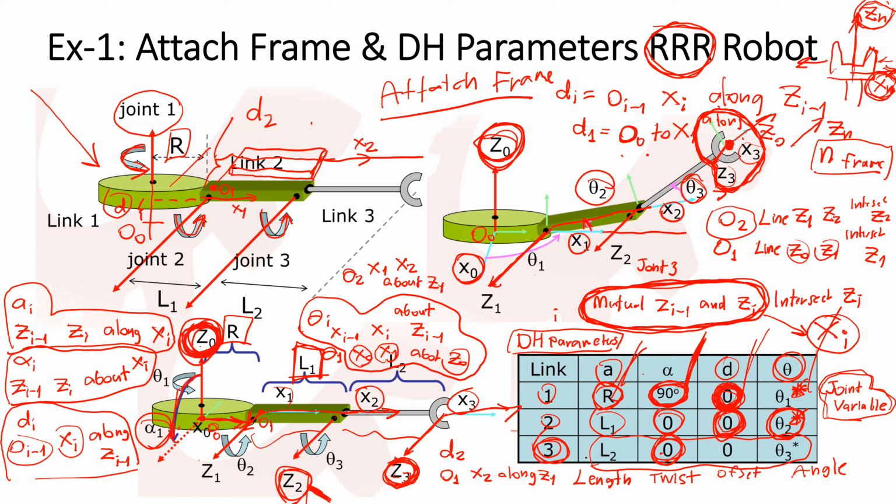Okay, we're going to break for 10 minutes. For 15 minutes is fine. We will begin again from 3:10. But until now, what we have is we know how to attach frames, and we know how to obtain the DH parameters for each link, but we still don't know what is the benefit of computing these complicated parameters. How can we use them? So after the break, we will know how to use the DH parameters to obtain the forward kinematics